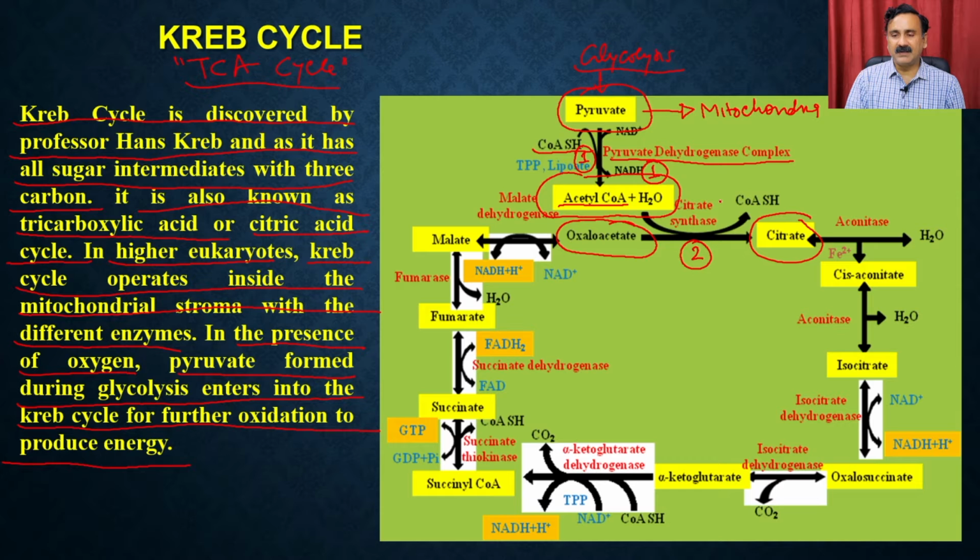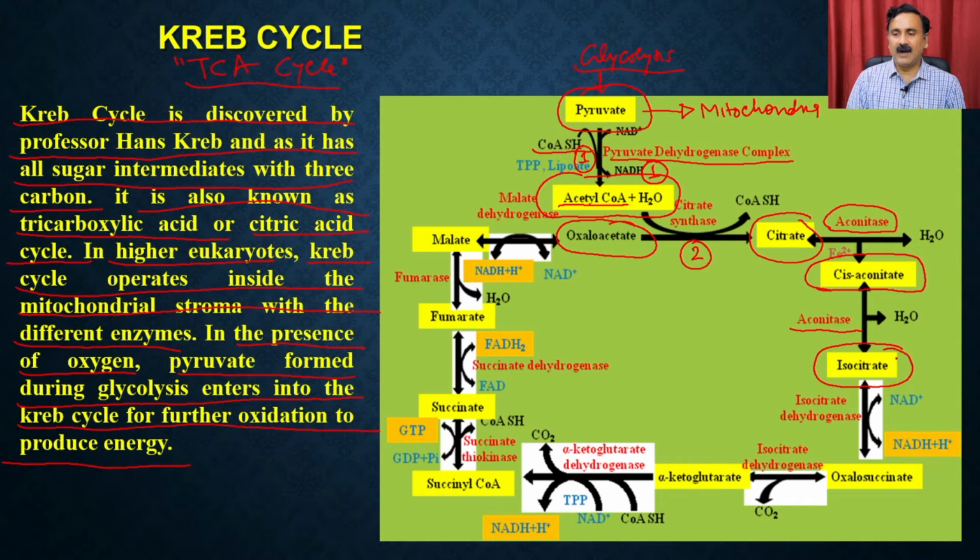Now the citrate produced by citrate synthase is going to be utilized by aconitase to produce cis-aconitase, and the cis-aconitase is going to be further modified into isocitrate. So the enzyme is aconitase. In the second or third reaction, the citrate gets converted into